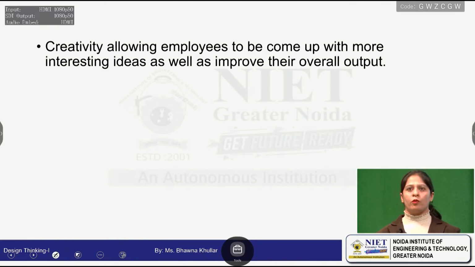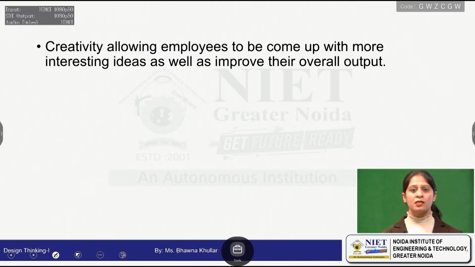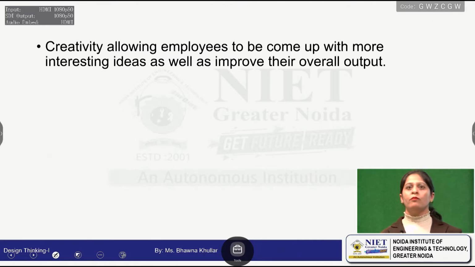Creativity allows employees to come up with more interesting ideas as well as improve their overall output. Yes, by creativity, employees will have interesting ideas, like the Apple phone. The Apple phone is a competitor of other phones because it has better features than phones like Samsung and Oppo, because Apple has more